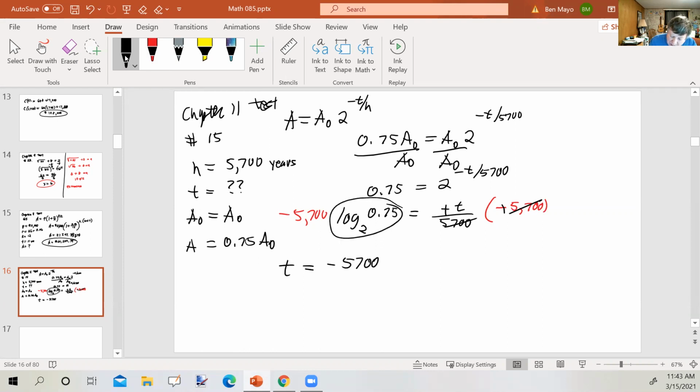I'm going to use the change of base formula, which would be the log of 0.75 divided by the log of 2. I could also use the natural log of 0.75 over the natural log of 2. So now I've got negative 5,700 times log of 0.75, close that up, divided by the log of 2, close that up, and I get